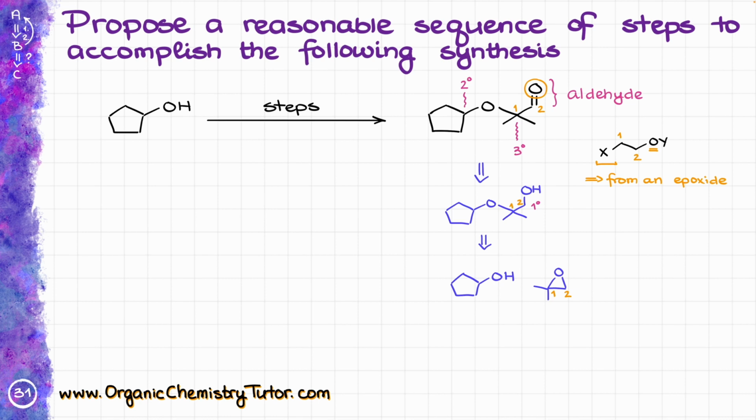When it comes to the epoxide reactions, those guys can be a little bit tricky when it comes to predicting the starting material of the epoxide opening, so it's always a good idea to number your atoms and see very clearly where the bond that you are making is going to be. In this case, we are making a bond with the carbon number 1, which means that the rest of the molecule would be my epoxide, and the epoxide opening would happen by breaking a bond between 1 and the oxygen that is sitting on carbon number 2. And since I have successfully reached my cyclopentanol, my starting material over here,